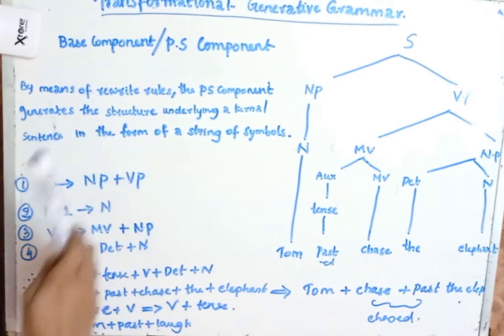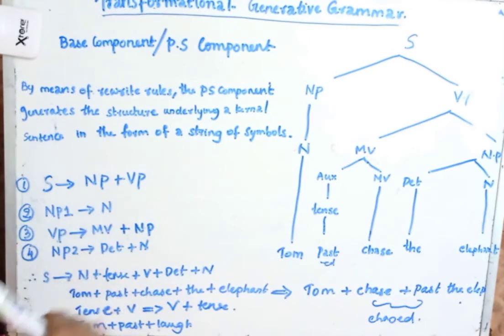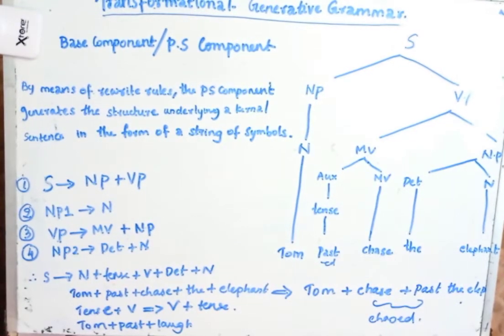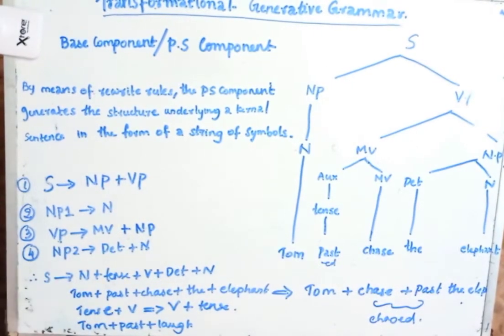By applying PS rules, it generates a structure which underlies a kernel sentence, and this will be done in the form of a string of symbols. So let's take